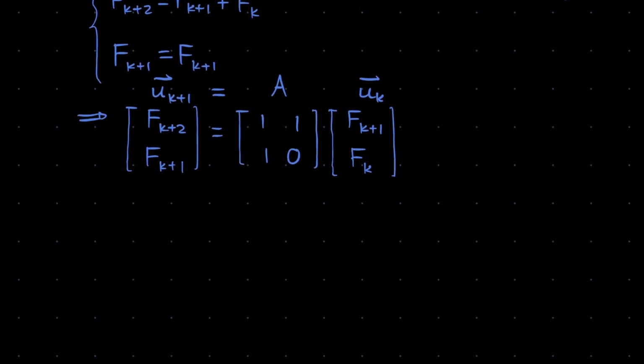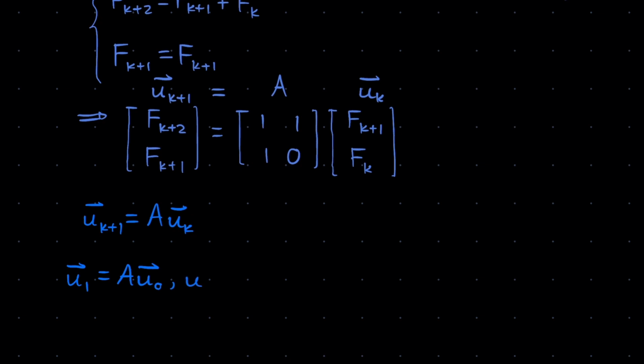So, now, see that we directly derived a difference equation from our Fibonacci definition. But you might be wondering, what's so good about this difference equation? Why am I talking about difference equations right now? So let's see what properties the difference equation exhibits. Alright, so let's first consider u of 1. What does this equation tell us for u of 1? Well, u of 1 is equal to A times u naught.